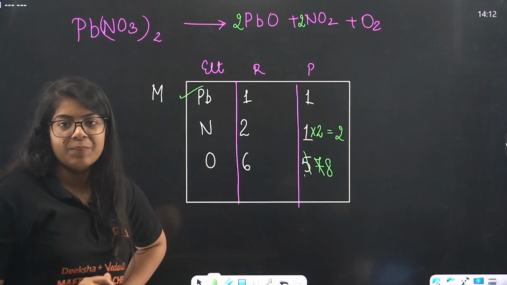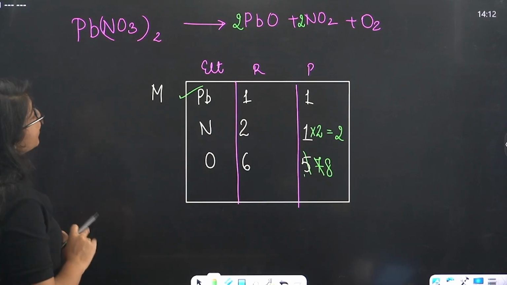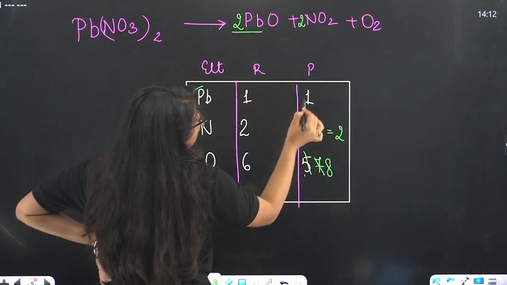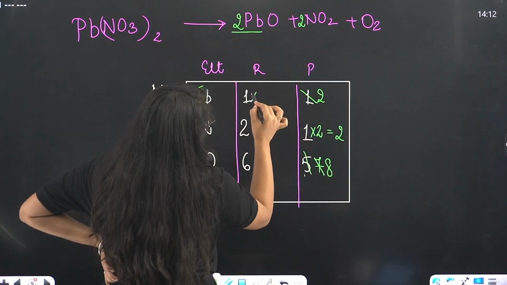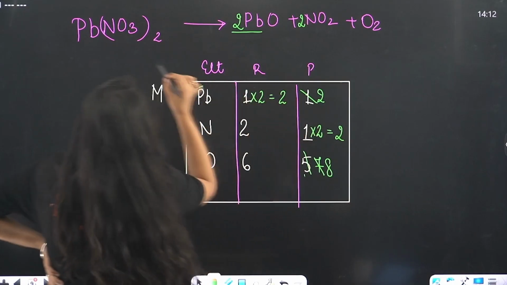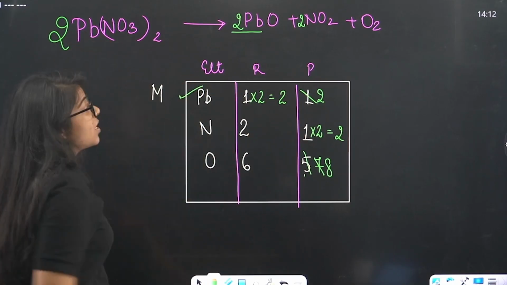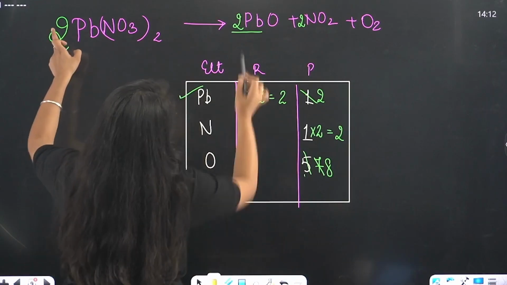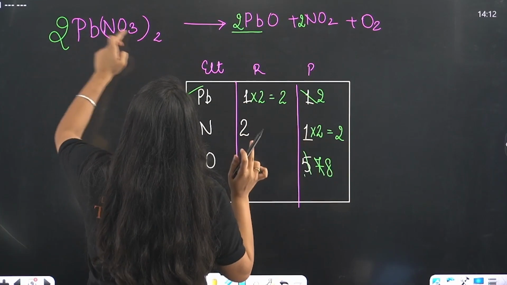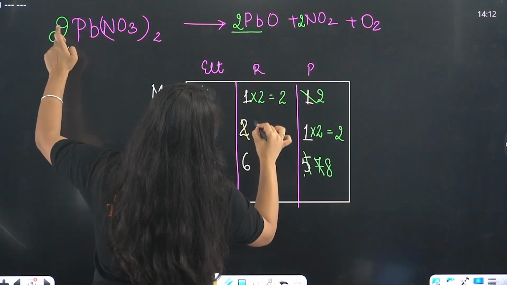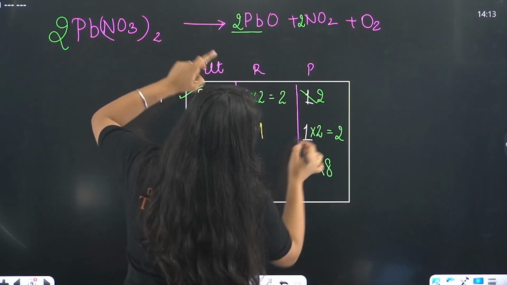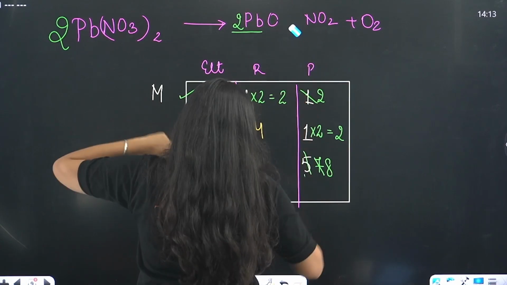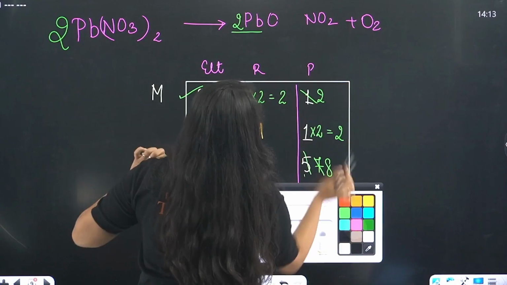Be there with me. This becomes 8. Right? Now, let's see what I can do. This becomes 8, but this also unbalances lead. So, this lead also becomes 2. So, I will multiply this lead with 2. So, this becomes 2. So, ma'am, if I do this, everything changes. Hold on. Let's see now what changes. Now, Pb is 2, Pb is 2. Pb is already balanced. Nitrogen. 2 nitrogen are here, 2 nitrogen are here. Now, it is not 2, it is 4. Right? So, here also we'll have to multiply this nitrogen with 4.